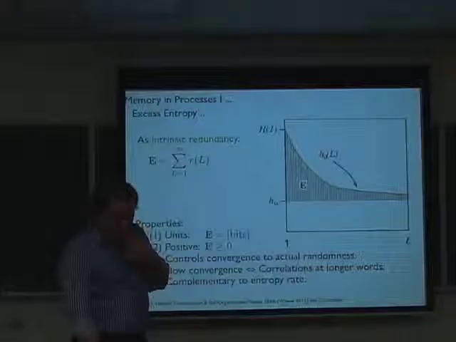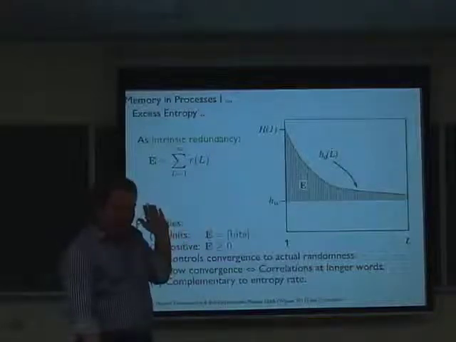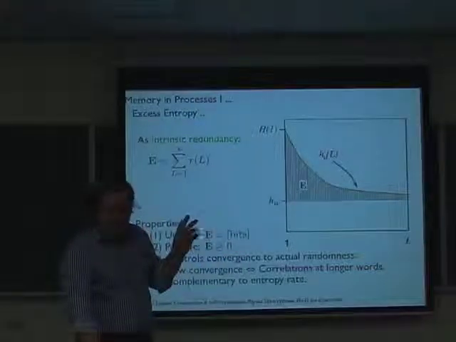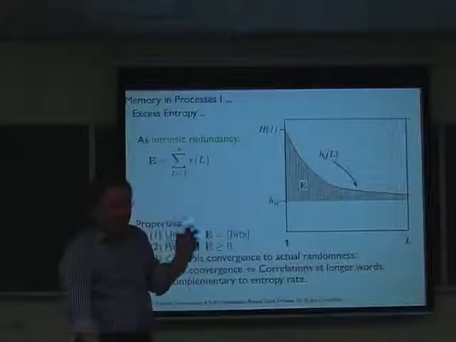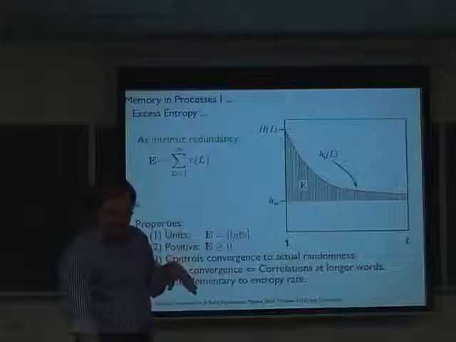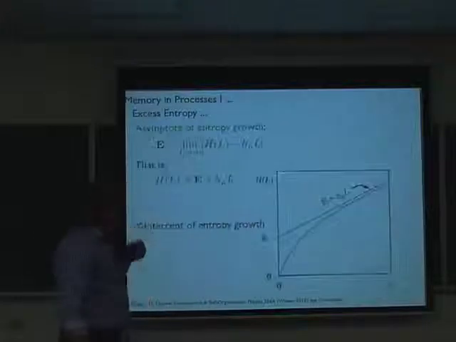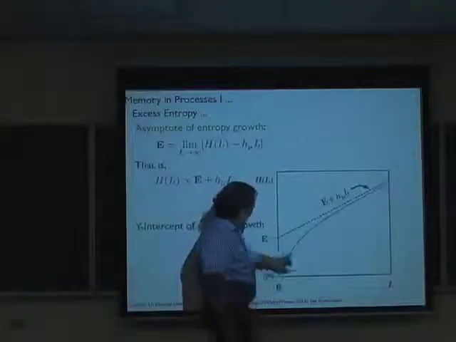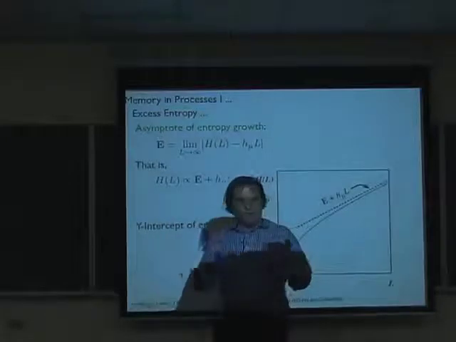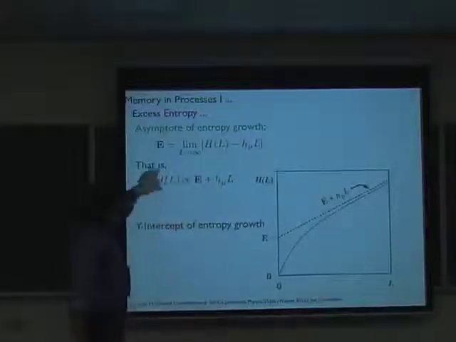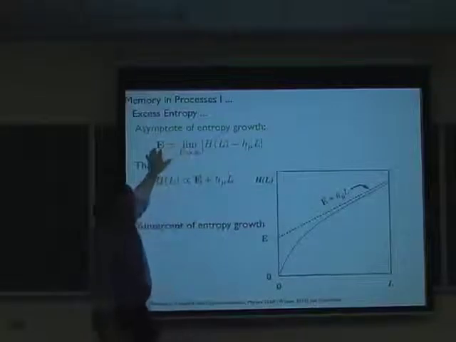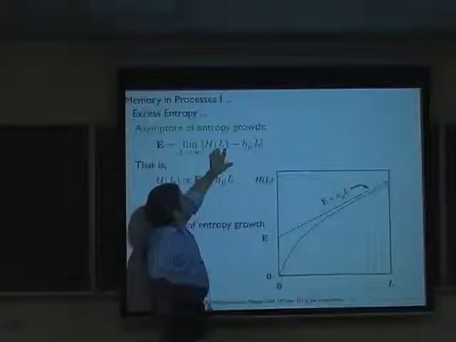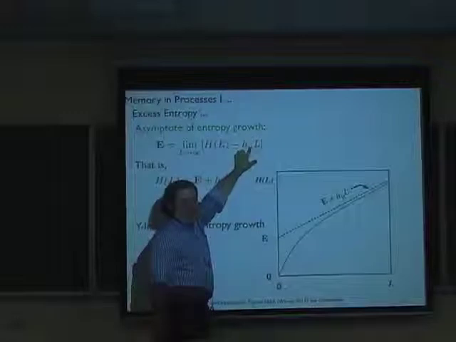Okay, now this is the entropy hierarchy way of backing into this concept of excess entropy. But there are other interpretations that become more and more suggestive and help make the point that we actually have a new measure of memory in a process. So one is a graphical interpretation. Remember, when we first started out, we had h of L, and that was growing something like h mu of L, slope times length. There's another way to think about the excess entropy, and that's what that paper shows: the previous definition of it is the asymptotic difference between the block entropy and this memoryless source, this biased coin with the same entropy,